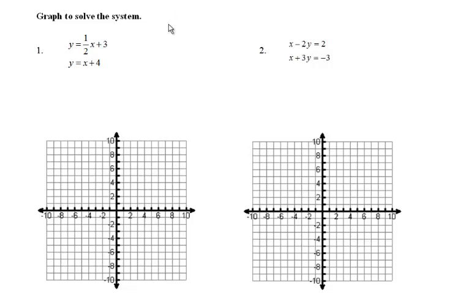To solve a system of equations by graphing, it's important that we identify that we have to solve each equation for y, only if necessary. I want my equations to be in slope-intercept form, just like I see in number 1. In example number 1, I wouldn't need to solve because y is already by itself in both equations. In example 2, I would need to solve for y first before graphing. So I'm going to solve for y if necessary,